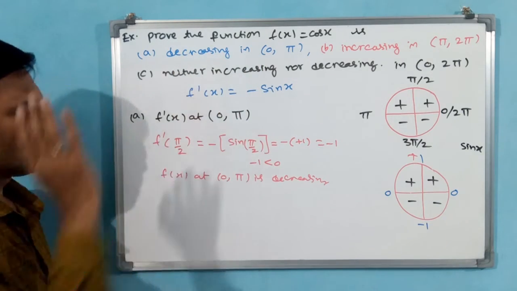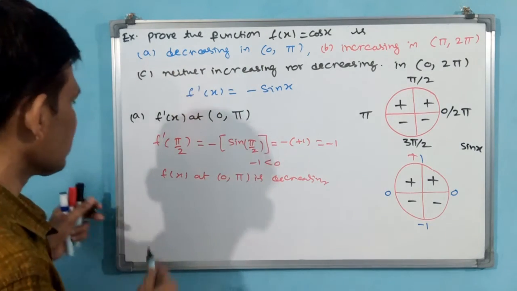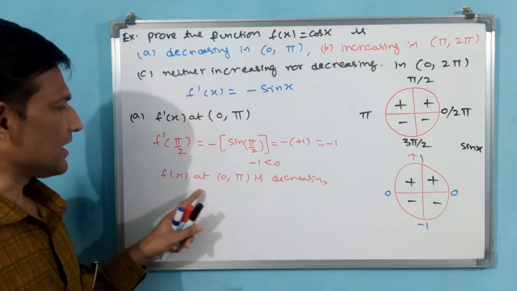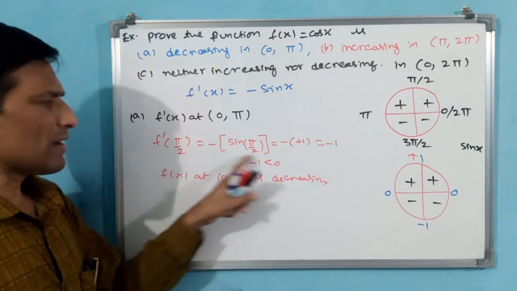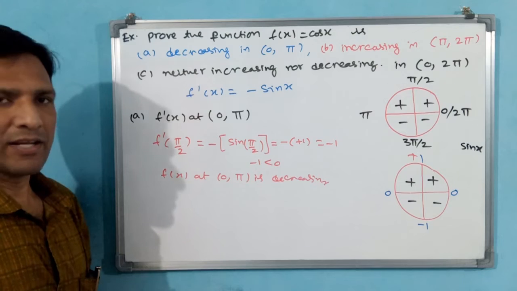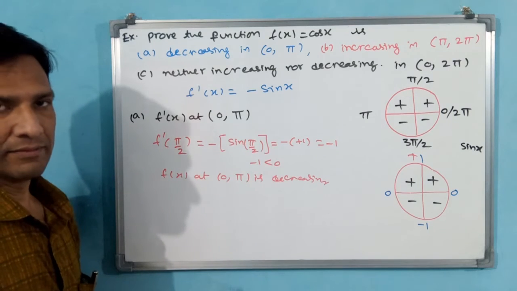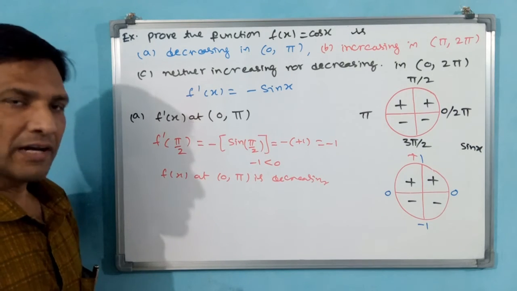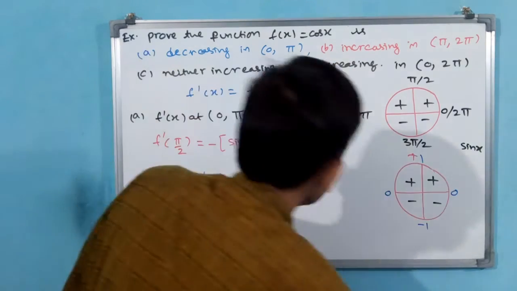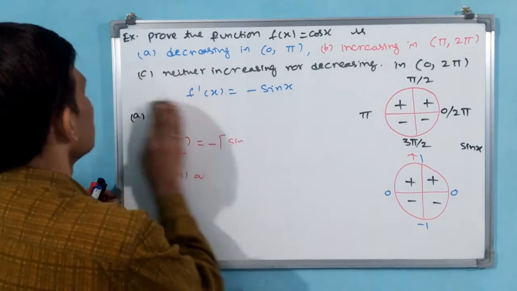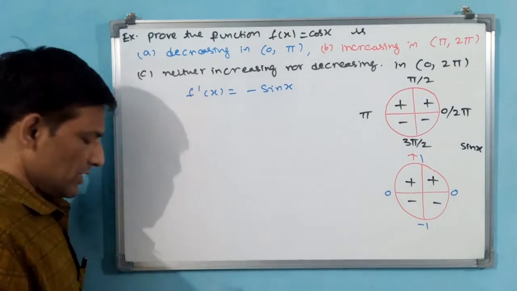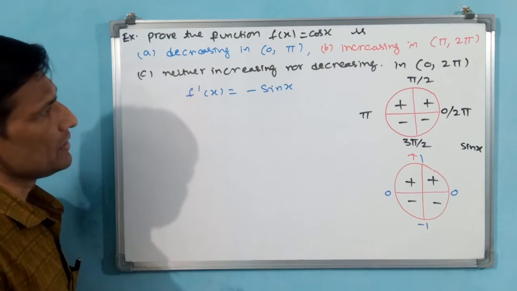This you have proved. Like this you write. You have written already: f of x at 0 to pi is decreasing. Why? Because only one example I have taken, this is applicable to R. Because by seeing these figures, immediately the examiner or you can understand easily. Now I am rubbing this. I am going for the increasing function, second, B. You see how I am writing. Same, f dash x will be like this only. Why? Because this you don't change.